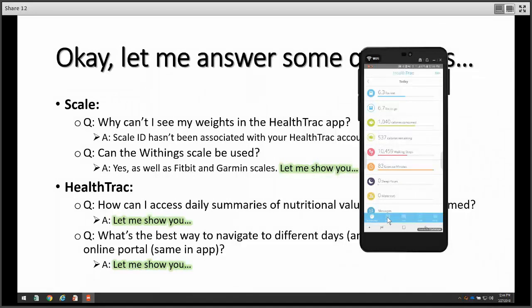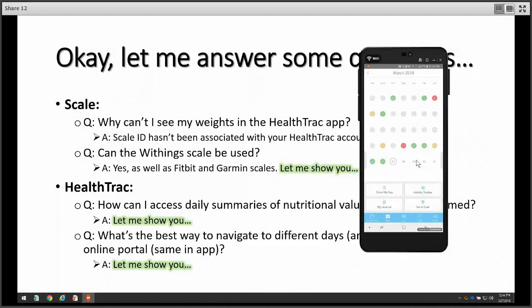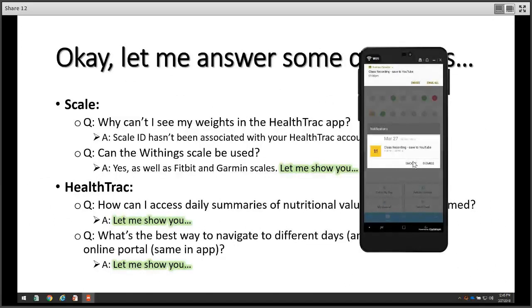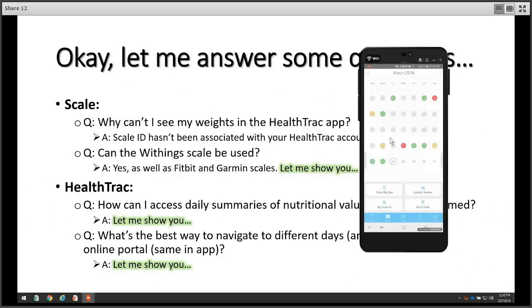Now, in terms of the best way to navigate, I like to use the calendar function. If you need to go back, let's say we want to go back to the 20th, you would click on track. We'll give it a second to load here, and then that pulls up this calendar.